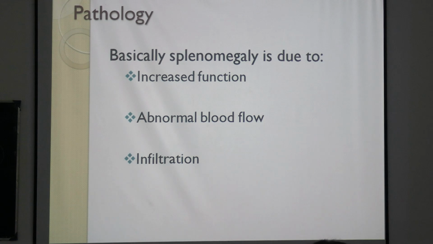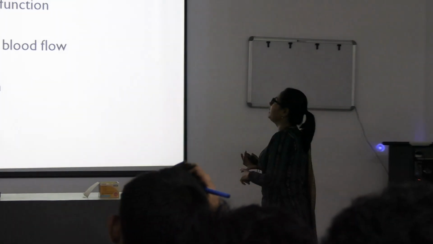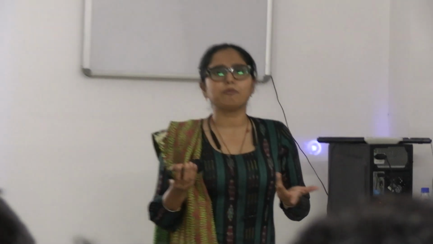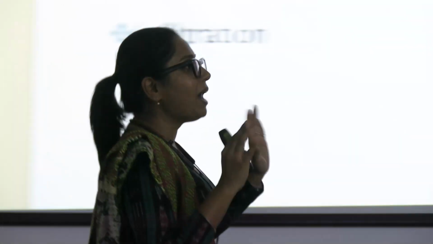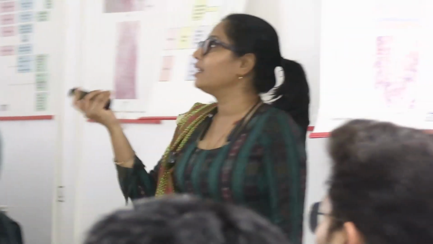That is one. The other thing is, what is getting accumulated in the spleen? Abnormal blood flow. Why abnormal blood flow? Have you guys heard of cirrhosis of liver? Portal hypertension? So the blood flow within the spleen, because of that, is hampered. There is stasis, right? So other than white pulp, what else was spleen made of? What does that have? Many vascular channels, right? So RBCs. If stasis happens, all the blood, RBCs, everything will get stored there. So there will be expansion of the red pulp. So that is what is happening.